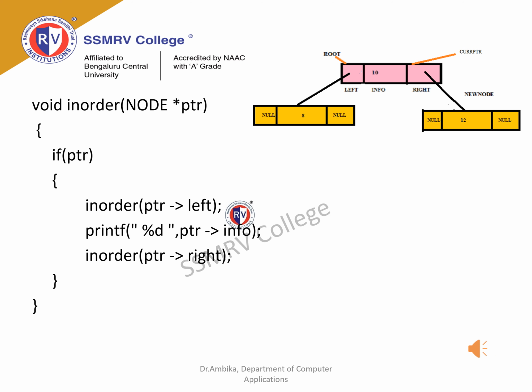When the in-order traversal is called, PTR is passed as a parameter to the function that points to the root of the BST. As the if statement turns true, in-order is called by passing the left subtree as a parameter. As PTR points to 8, the same is displayed. Next, the PTR points to the root or the parent of the left node, that is 10 is displayed. Again, a call is made to the in-order by passing the right subtree as a parameter and 12 is displayed.